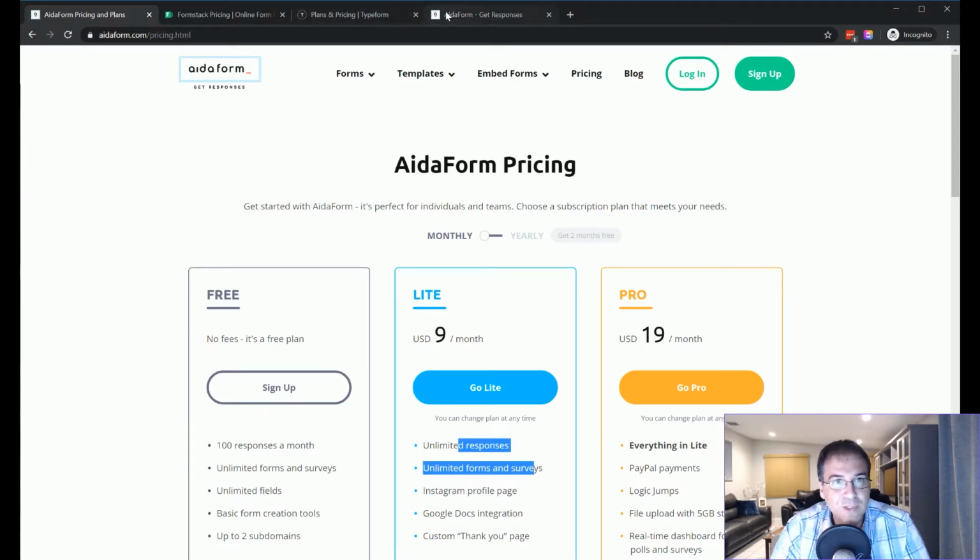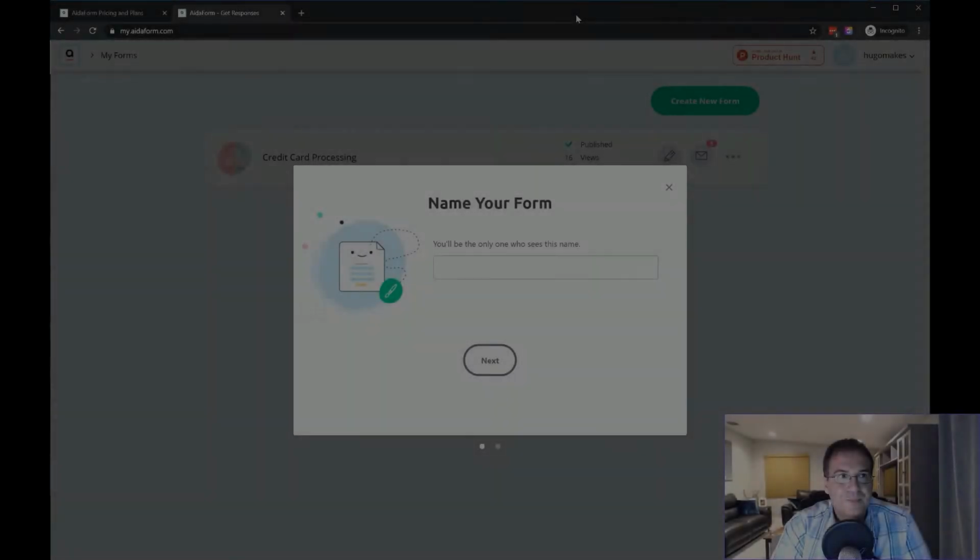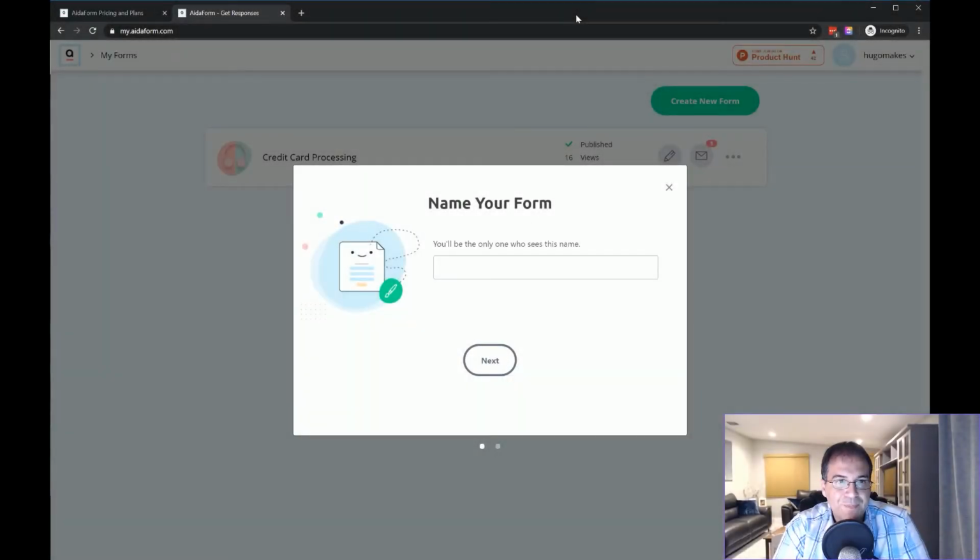So let's jump into it. We're going to be looking at our first form. The first thing I wanted to do is just walk you through all the different features that you can find in Aida. I'm going to go through them really quickly because it's going to take a long time, just to show you what you can do with Aida Forms. And then I'm going to do a quick example to see how easy it is to